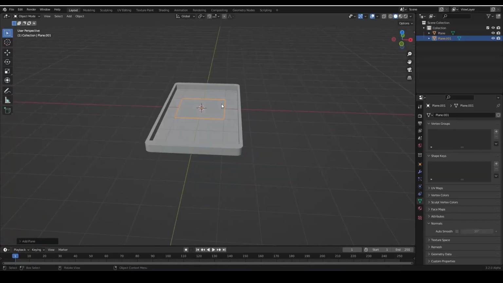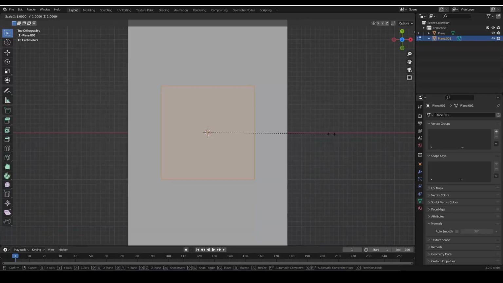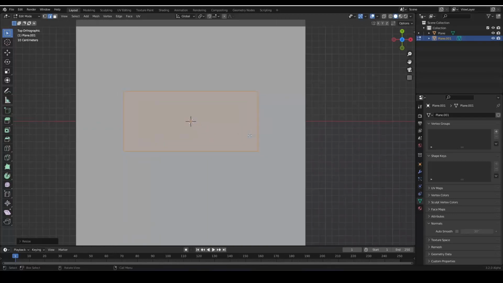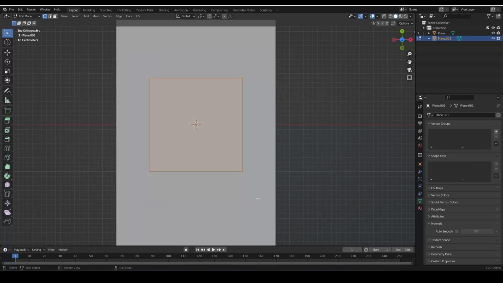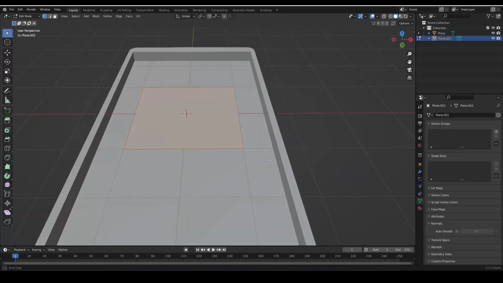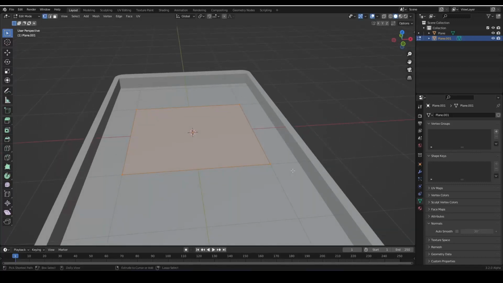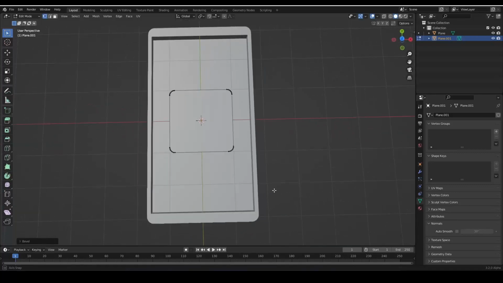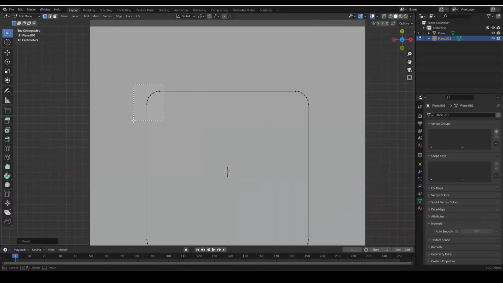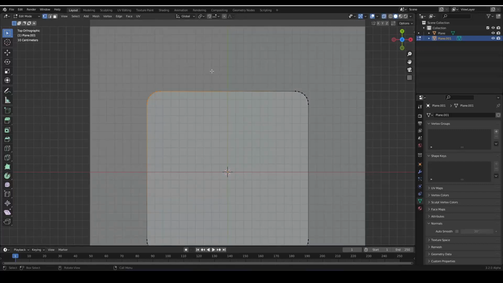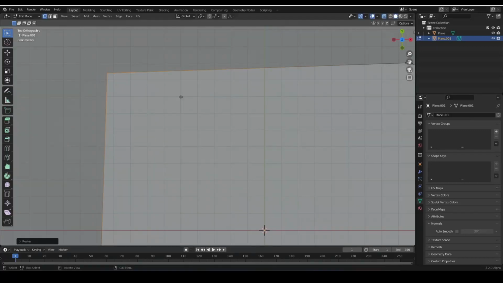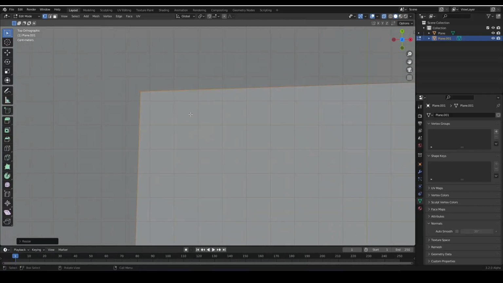For this we will also be using a plane. This plane is maybe a little bit like that. No, we have to first round it, because this has to be a rectangle, because otherwise the roundness looks absolutely strange. So we can round it with Control Shift and B, and then we can do like that. And this corner here on the top, I will scale it down by 0,